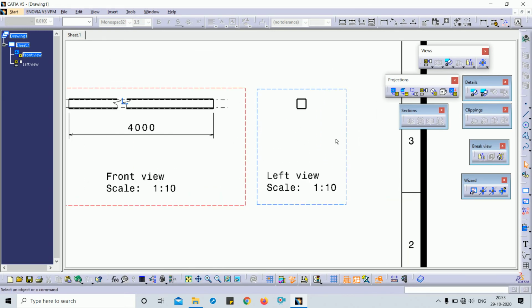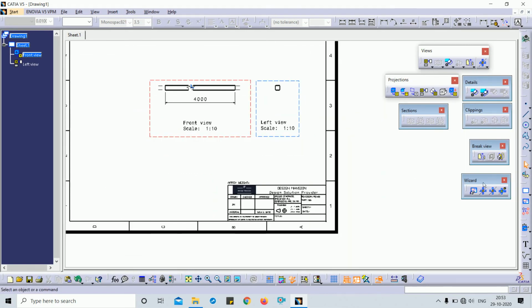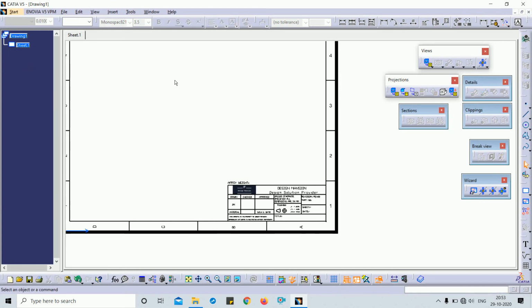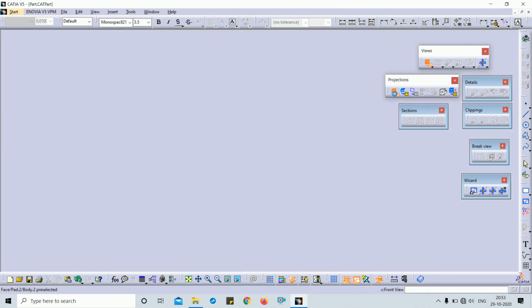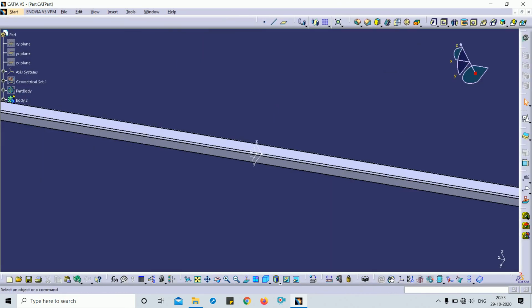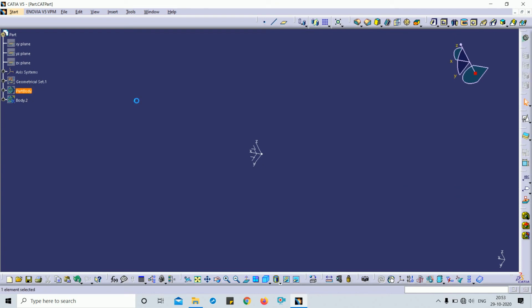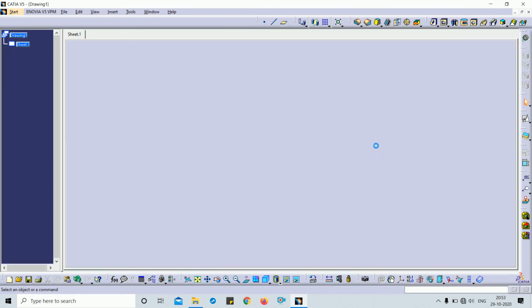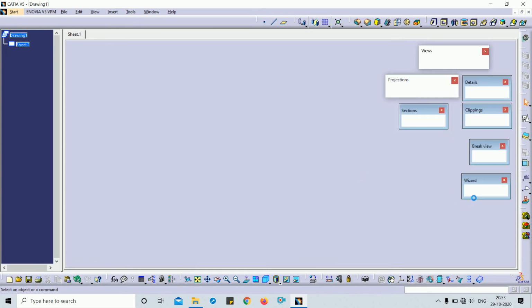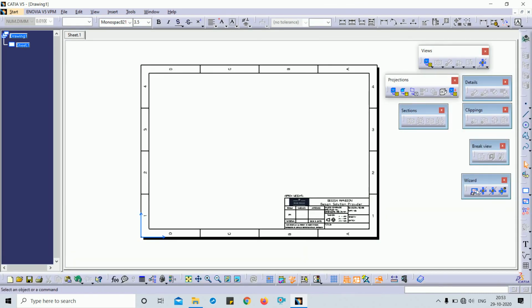Okay, after that next one is the wizard toolbar. So we'll discuss the wizard toolbar. I will activate this part body. This is my part body. In the wizard toolbar, there are four types of view creation.